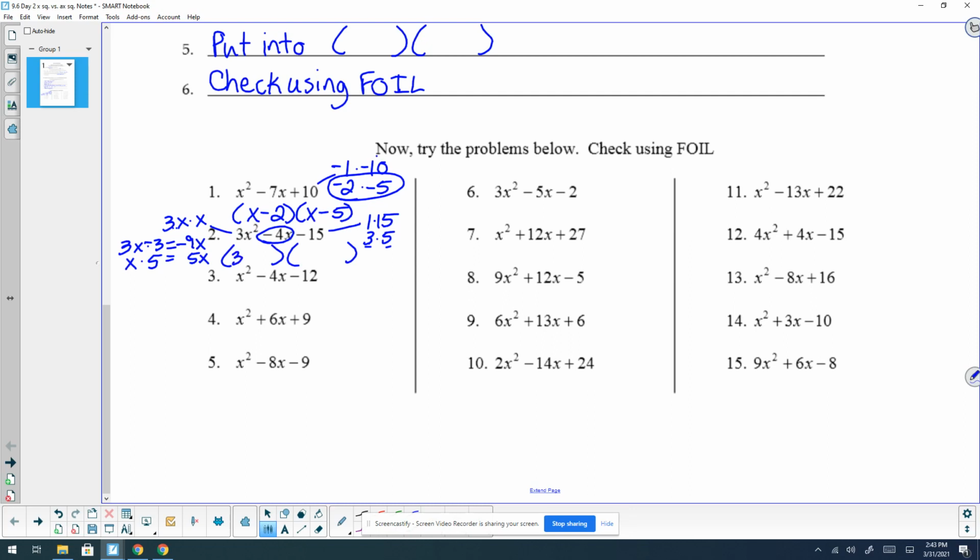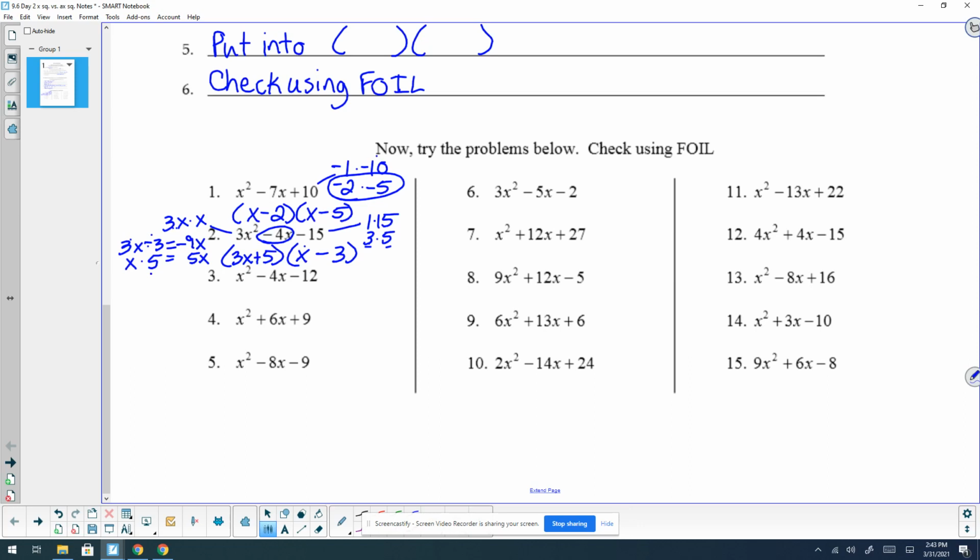So I'm going to put my 3x first. I'll put my x in the first position in the second set of parentheses. The 3x multiplies by negative 3, so negative 3 has to go in the second set of parentheses. The x here is going to multiply by 5, so that has to go in the first set of parentheses,